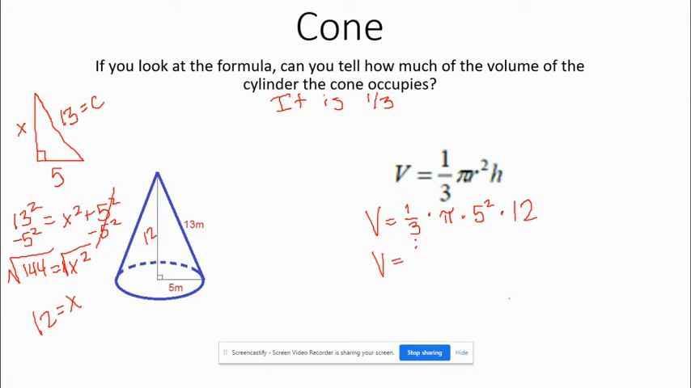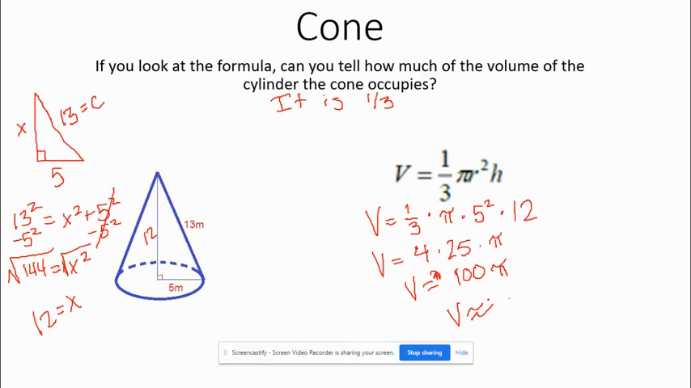So I'm going to do the 1/3 of 12, which would be 4. So I can get rid of that. The 5 squared is going to be 25. And then pi is just pi. 4 times 25 is going to be 100 pi. So our volume is 100 pi, and then we're going to get an approximate value from that using